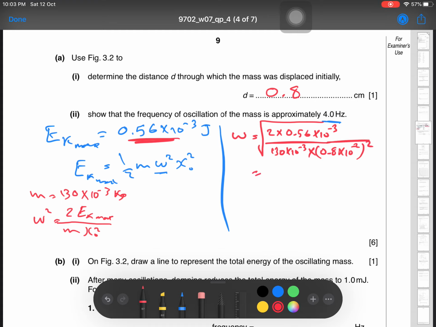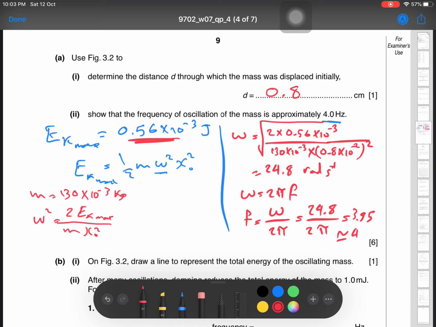And we are going to put this on the calculator. It will give us 24.8 rad per second. Omega is equal to 2 pi f, so we can find f is equal to omega over 2 pi. So omega is already 24.8 over 2 pi is equal to 3.95